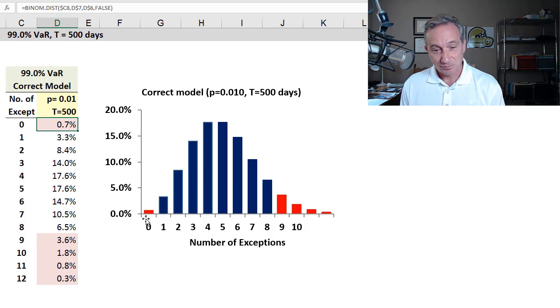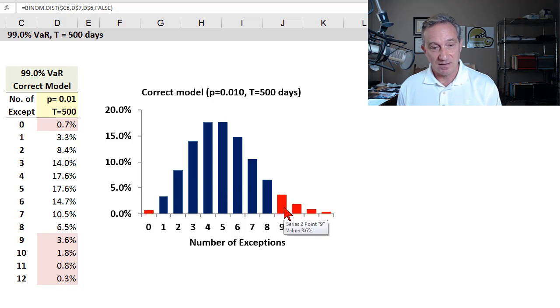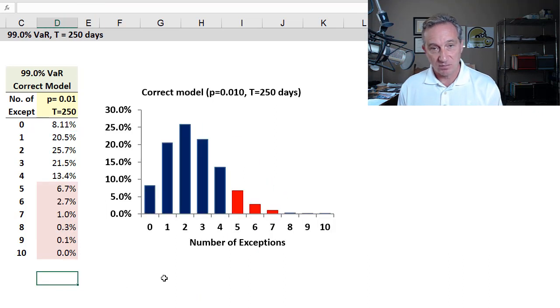And so here we would in fact be committing a type 1 error. We would be rejecting a true null hypothesis, and we could make that mistake on the other side as well. So now the only change I'm going to make here is reduce the number of days in the window to 250. So now we go back to a 1-year look, and my reason for doing that is that this matches